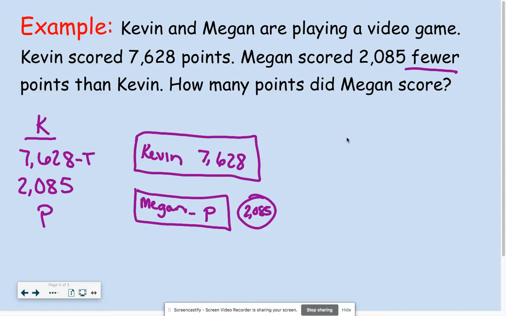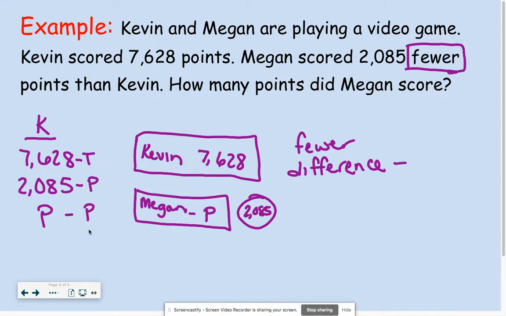So now we look for keywords. And the keyword is fewer. The word fewer is a difference word. And remember, difference means subtraction. Because we have a total and we have a part, and we're missing a part, we do know we're going to subtract. So our equation's going to say